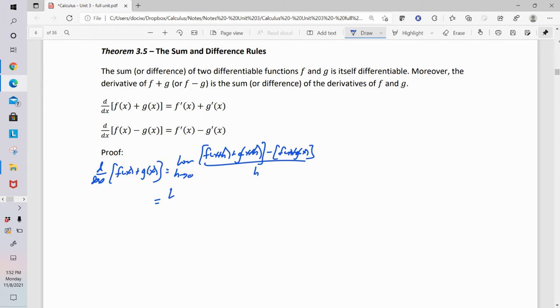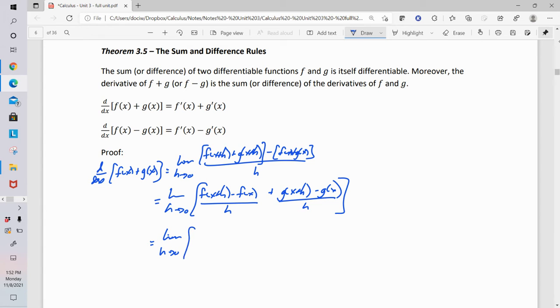So I can separate this just using my rules of fractions: f of x plus h minus f of x, plus g of x plus h minus g of x, and then everything gets divided by the h. Remember that everything divided by the h is the same as the first piece divided by h and the second piece also divided by h. Remember that in our limit rules, the limit of the first function